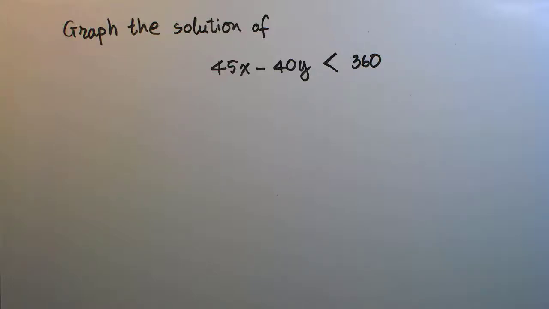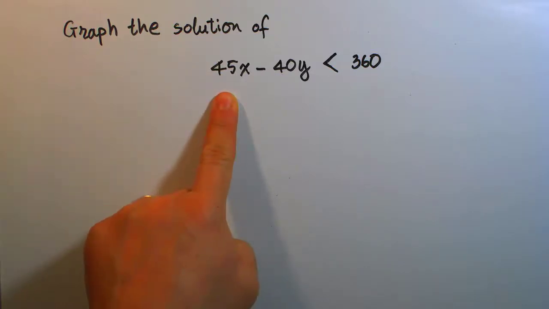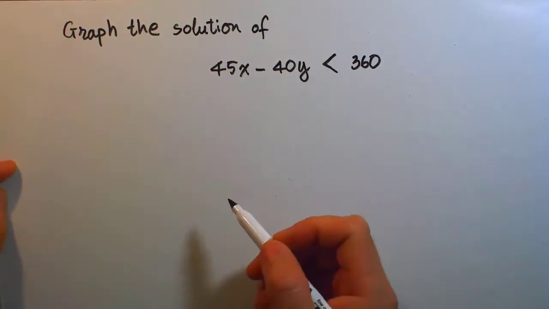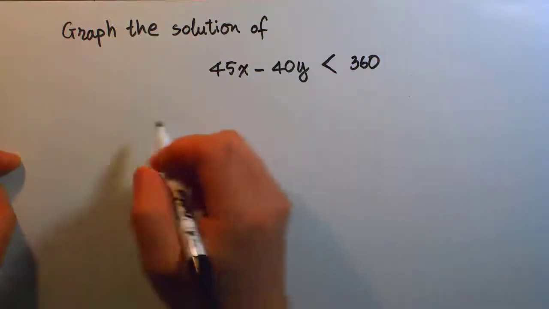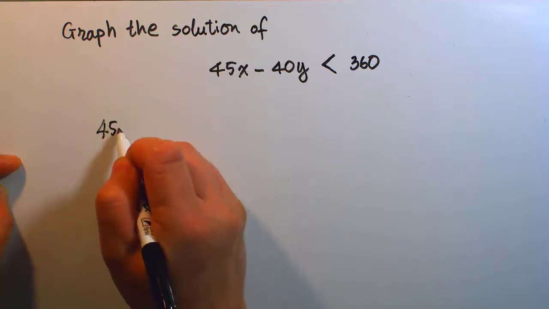In this video, let's learn how we can graph the solution of an inequality, a linear inequality in two variables. I would like to also show two different methods to approach the solution here. So the first method I would like to show here, starting out by simply rewriting your inequality